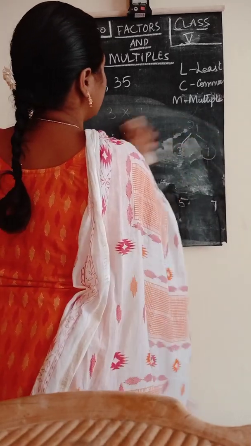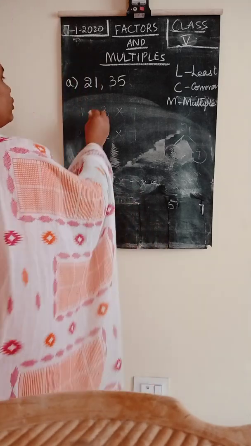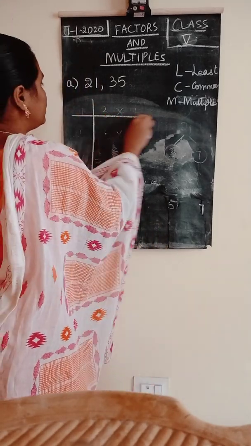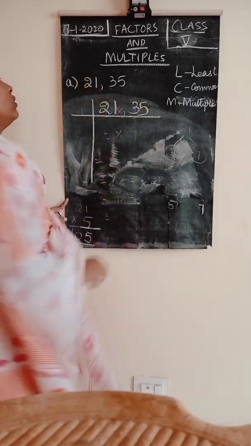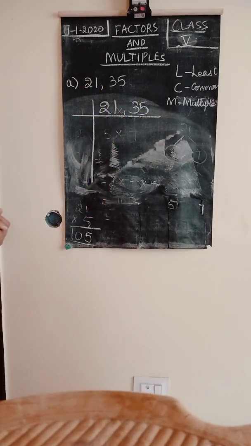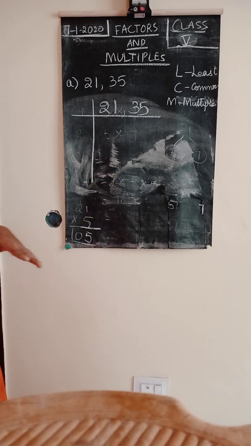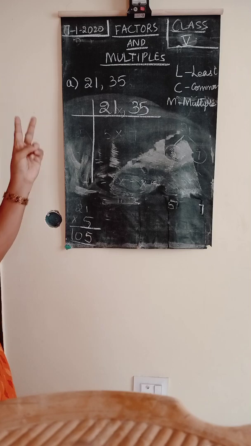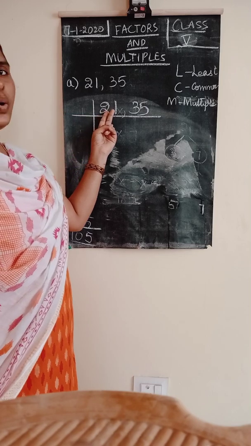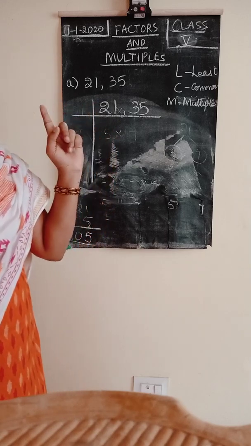Let us do it in the division method. Division means at a time you have to take 2 numbers. You have to only use prime numbers. You can't start with 1. Does 2 table give 21? No. 35? No. Even if only one number comes, you have to start.